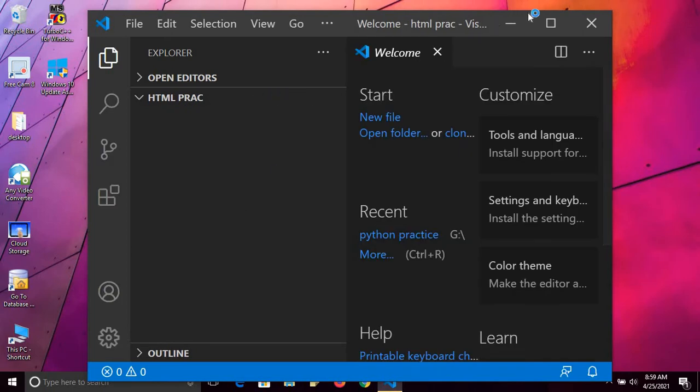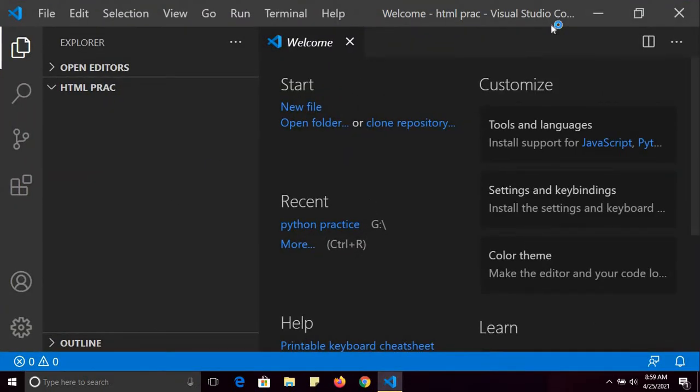It will help you in quickly developing websites. You can easily download it from the website. Just search in Google for Visual Studio Code and you will be able to download it.